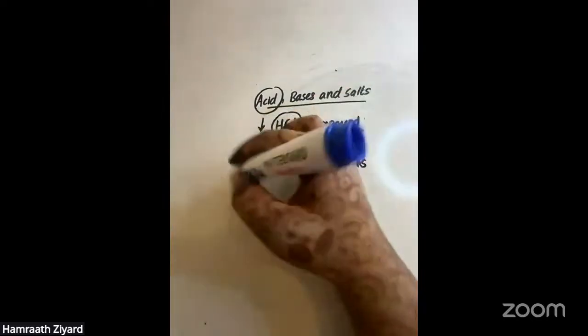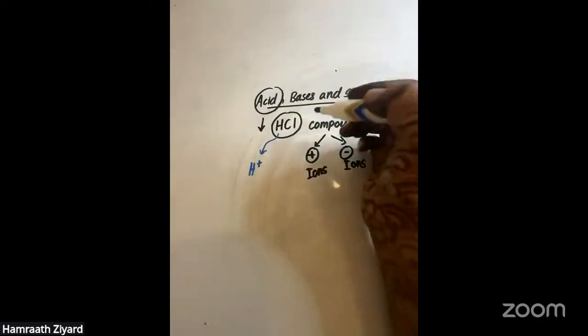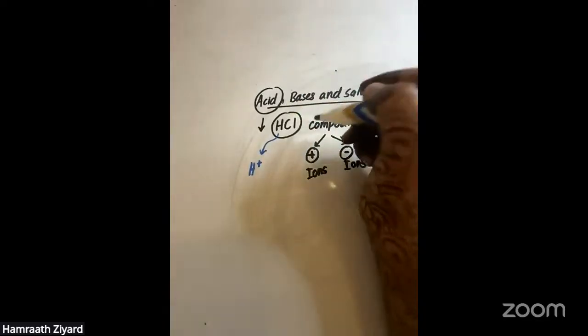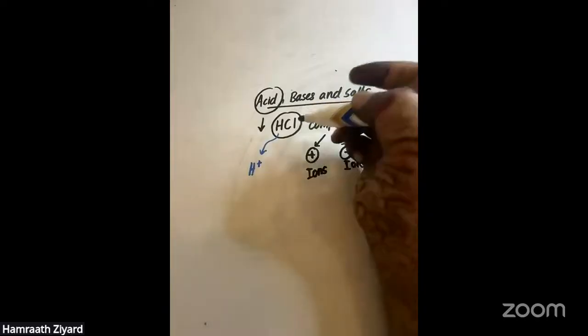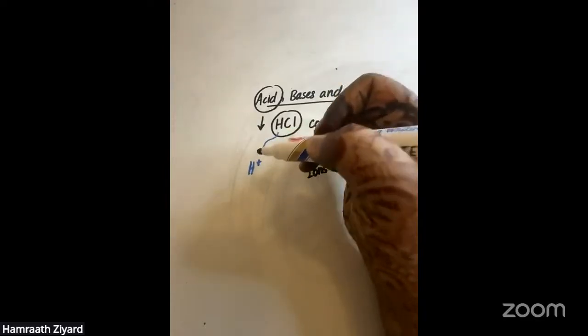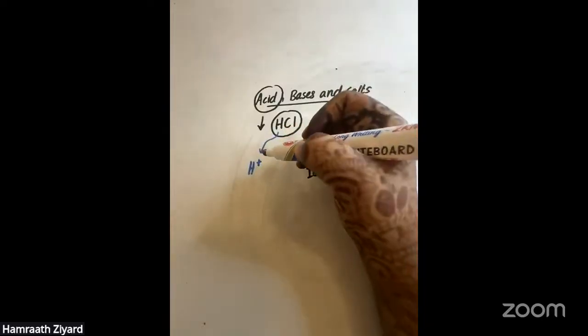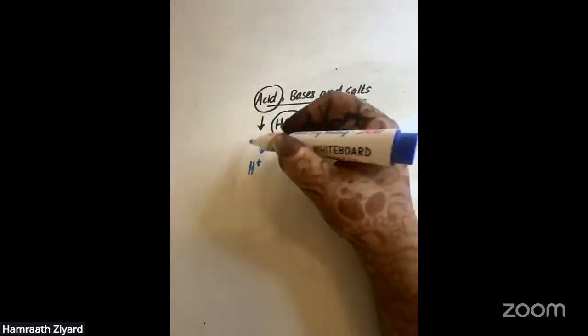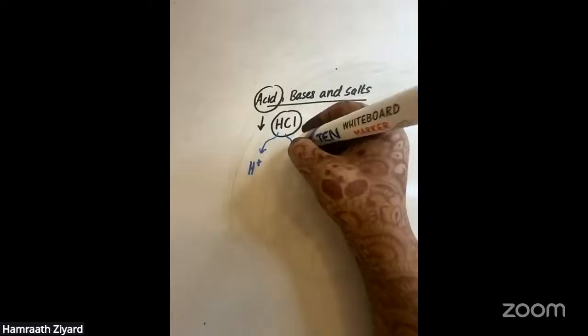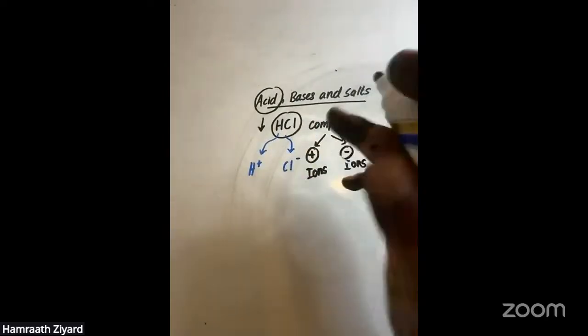Isn't it? Accordingly, we studied in unit 3. If I take unit 3 of your grade 10, you know how to find the ions based on their valencies. So you know that hydrogen always likes to remove an electron. Whenever an element removes an electron, it will form a positive ion. Then if I take chlorine, it likes to accept an electron because they are on the other side of the